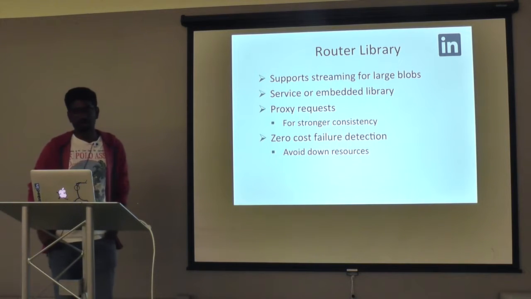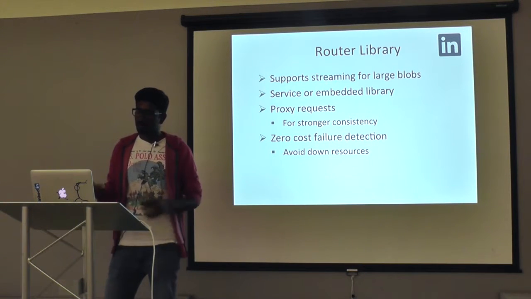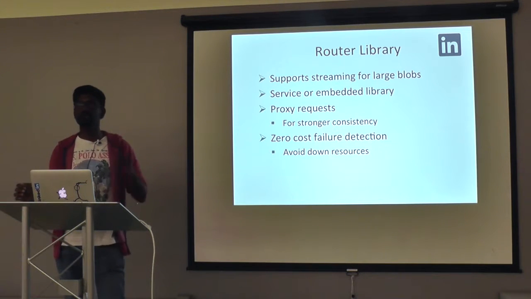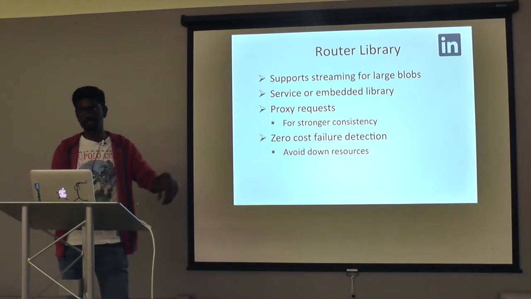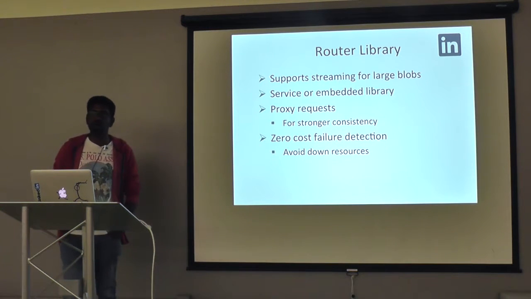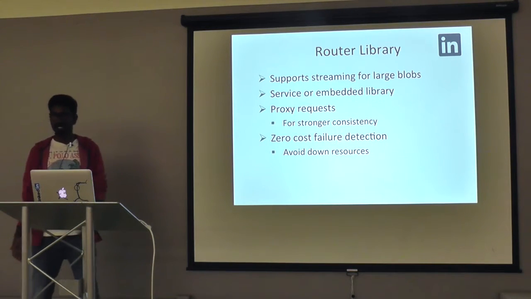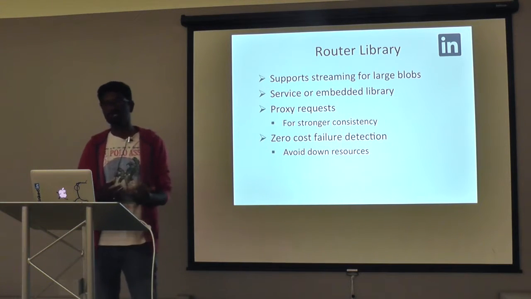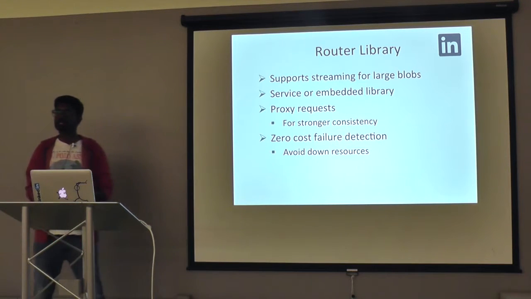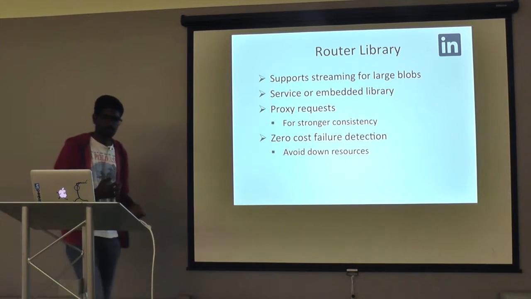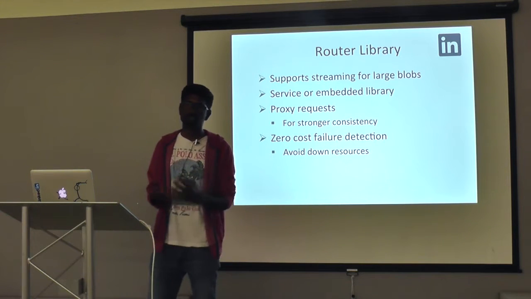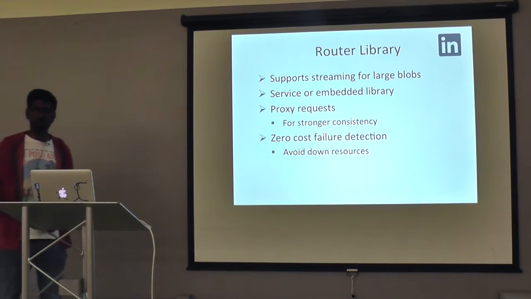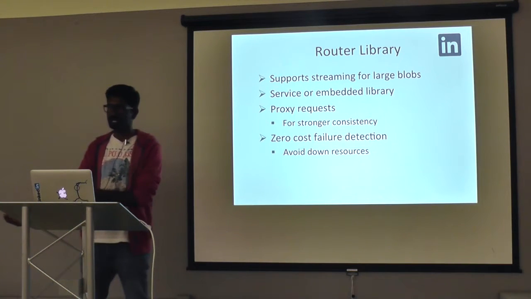So directly your service is going to interact with the data nodes without interacting with the front end. Proxy request. Let's say there are multi-master services. One service is trying to upload in one data center, and then immediately another service is trying to fetch from a different data center. Router has a capability to, let's say you try to look up in local data center. If it doesn't have the block, it goes cross-colo. You can configure all these according to your consistency model. Zero cost failure detection. We don't have any heartbeats per se to detect down resources like nodes or disks for that matter. We rely on the actual request to detect if the node is down or not, and then try to avoid sending further requests to it.